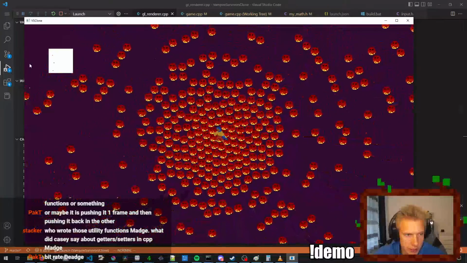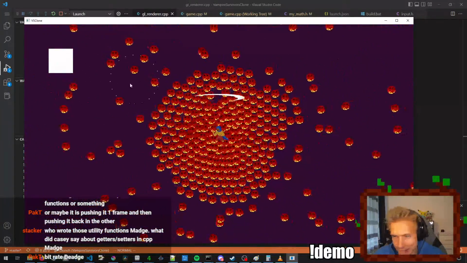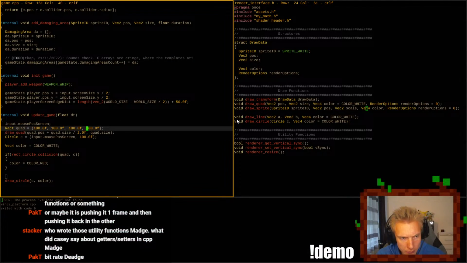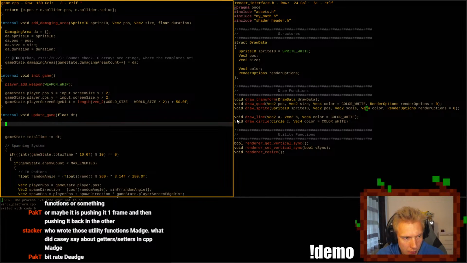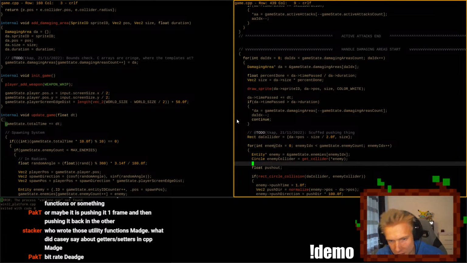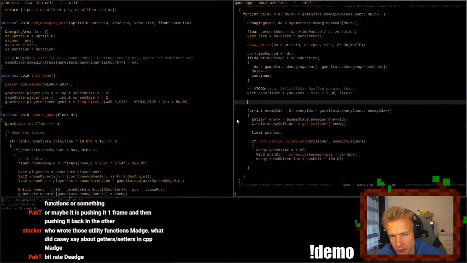Yeah, that's what I was thinking. It collides properly now. So this function is correct. I have an idea. We will just draw the collider.